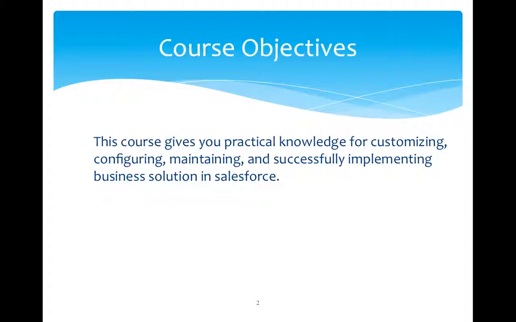This course would cover how you can customize Salesforce with minimal effort, and how you can configure and maintain it. Then you would be learning how you can use Salesforce as a business solution, and you would be solving a few business problems through this Salesforce CRM.